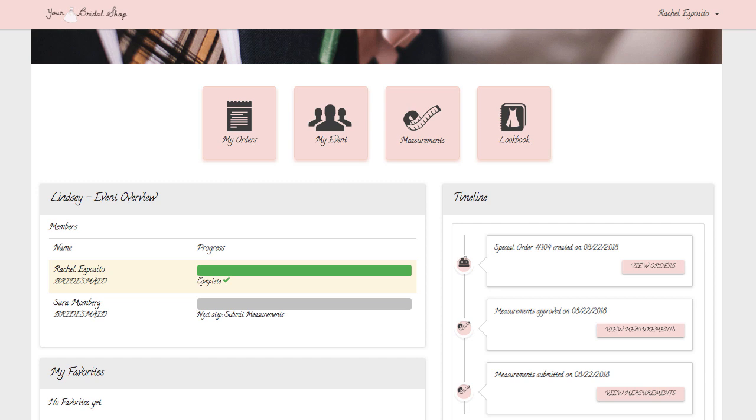So this is going to be a great way for your bride to really keep track of her bridesmaids and what steps they're in, what they need to be doing. You know, she's really going to be an advocate for getting all this stuff done in your store to really ease that process for you